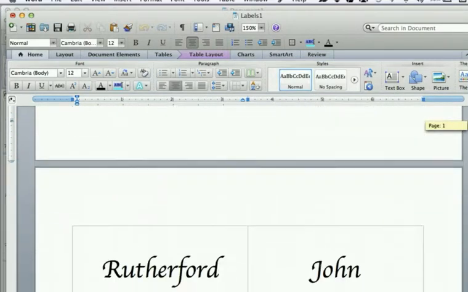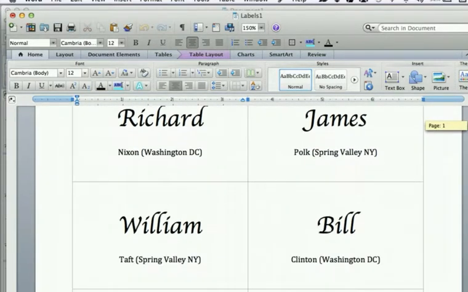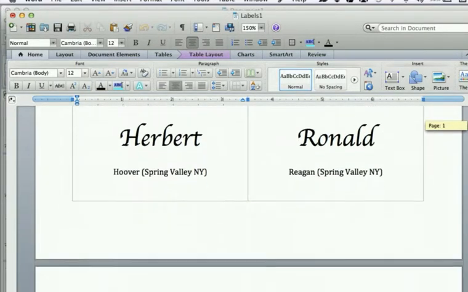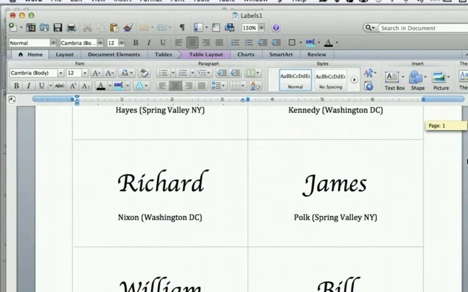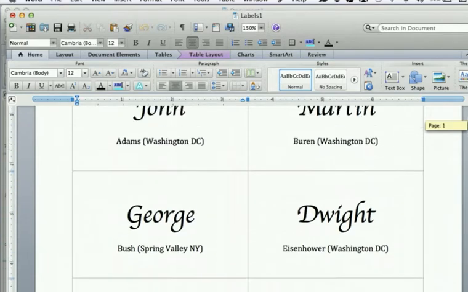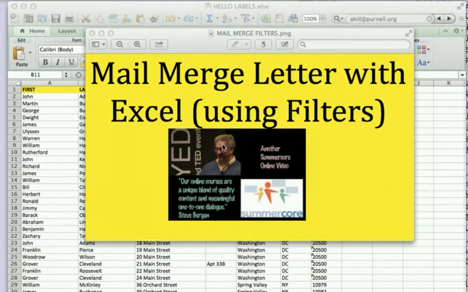It shows you how I printed hello labels for people in the workshop, where I can see their first name and their last name is on the second line with the town that they're from. Okay? Hope this has been helpful. More to come. So we're going to try it this time doing mail merge letters, and we're going to use